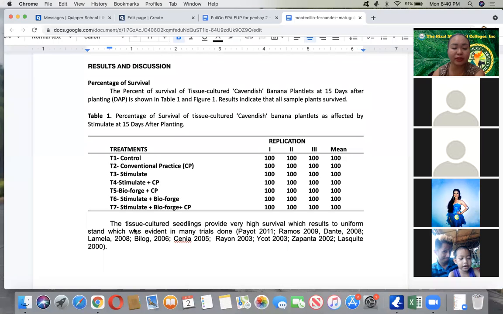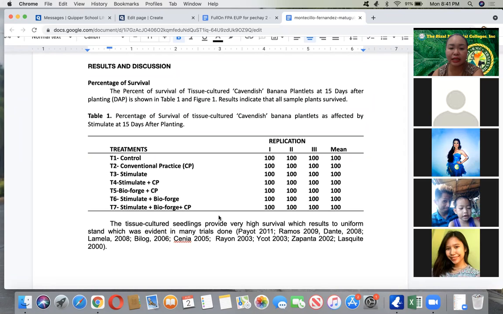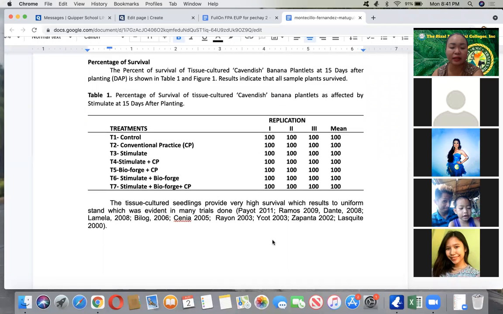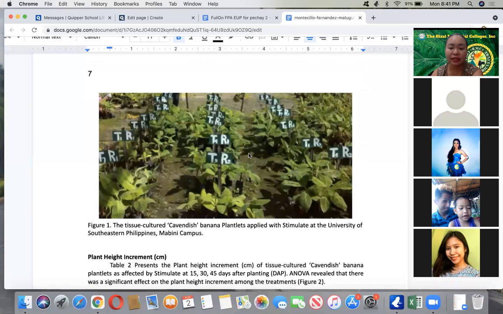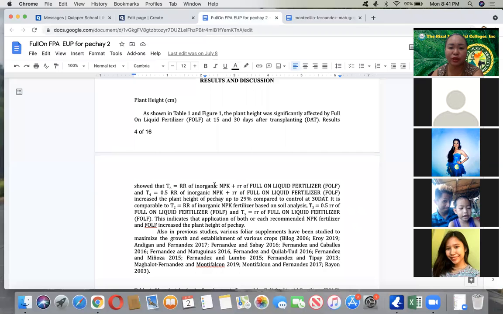Then you support that with previous studies or findings in the literature. Like, tissue culture seedlings provide very high survival, which results in a uniform stand, which is evident in many trials done. So you enumerate here the different authors, Payot and so on. There is a lot in terms of tissue culture, Cavendish banana, and other crops, which also have 100% survival. It's also the same when you have your EUP,